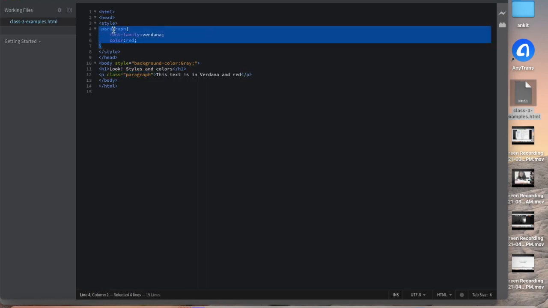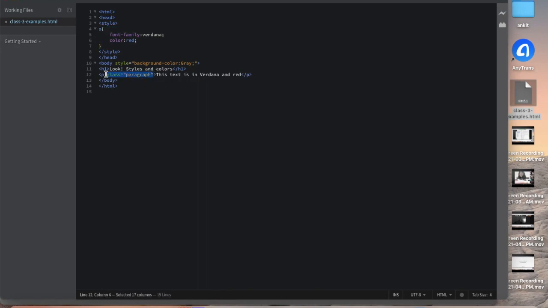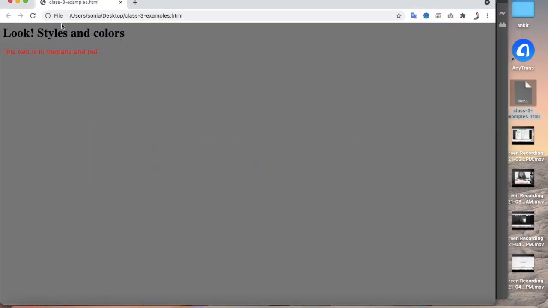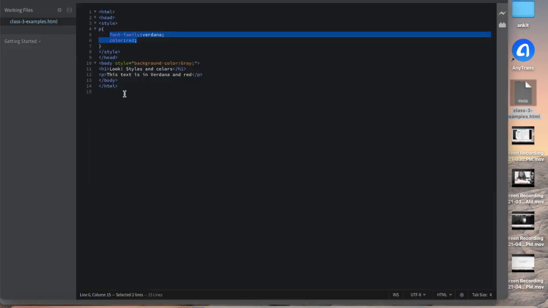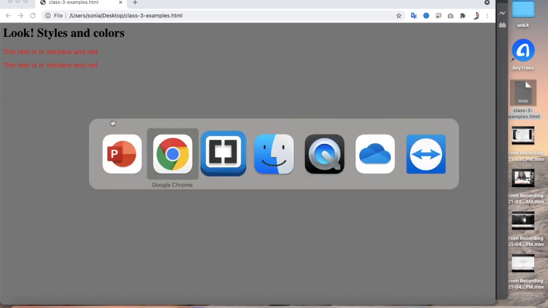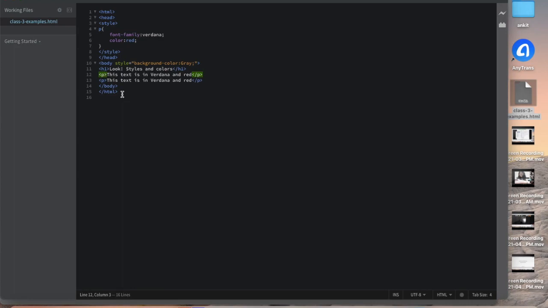This is internal style. I could also give it only to the p tag, the tags also I can, without removing the class. This is a p tag within my body. Because if you have more p tags, meaning paragraphs, all will be using the same style. I will just try to refresh the page. Same. If I use one more line with the p tag, I will just save it. I will refresh it. See, both red.